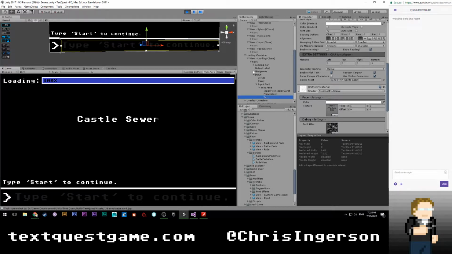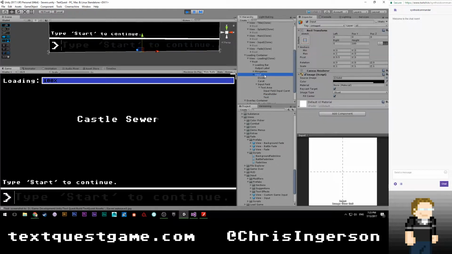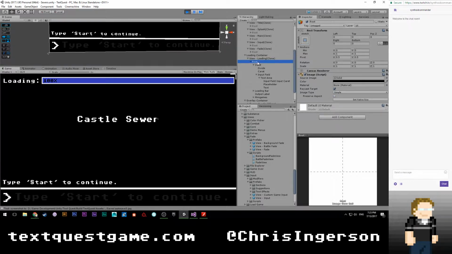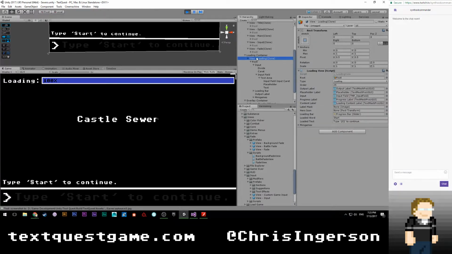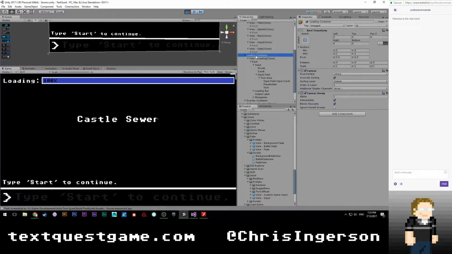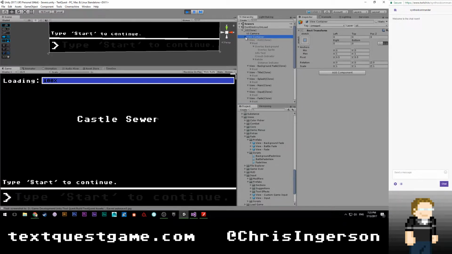So it's not the mini games, it's not the loading bar, it's not the output label, it's not the input. If I drag this above everything else and try it, nope, still can't click on it, which means that it's definitely not the input. I could just start turning off things above it. It wouldn't be these containers, would it?